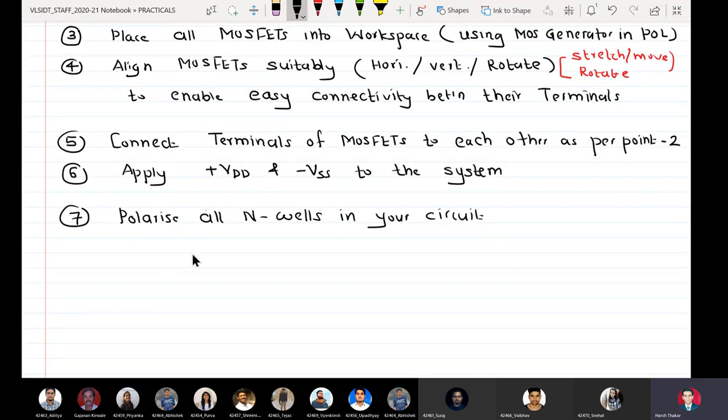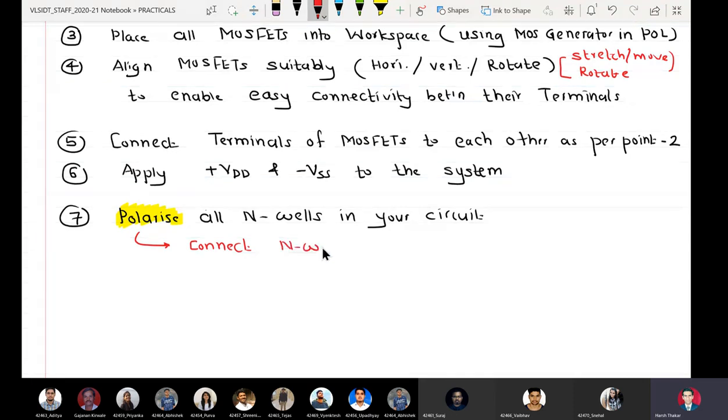When I say polarize, it means you are going to connect the NVEL to high, to VDD. It actually means connect NVEL to plus VDD. If we do not execute step number 7, what we get is an electrical rule error.